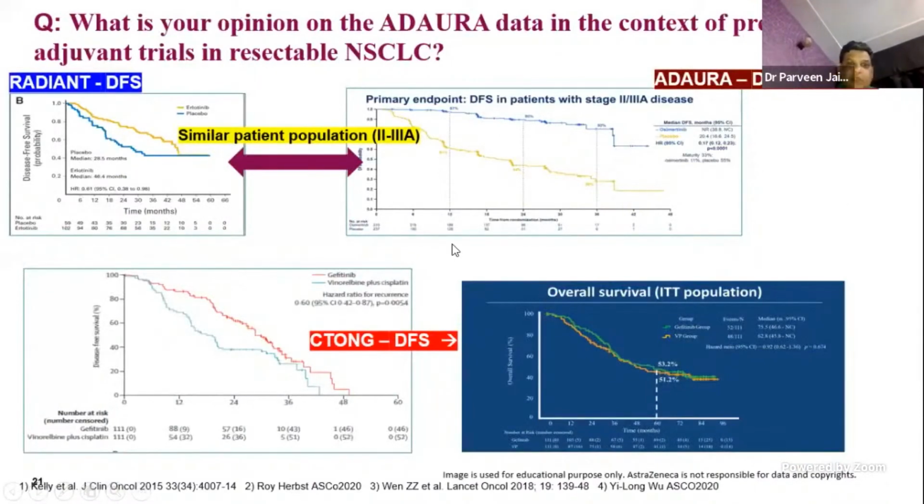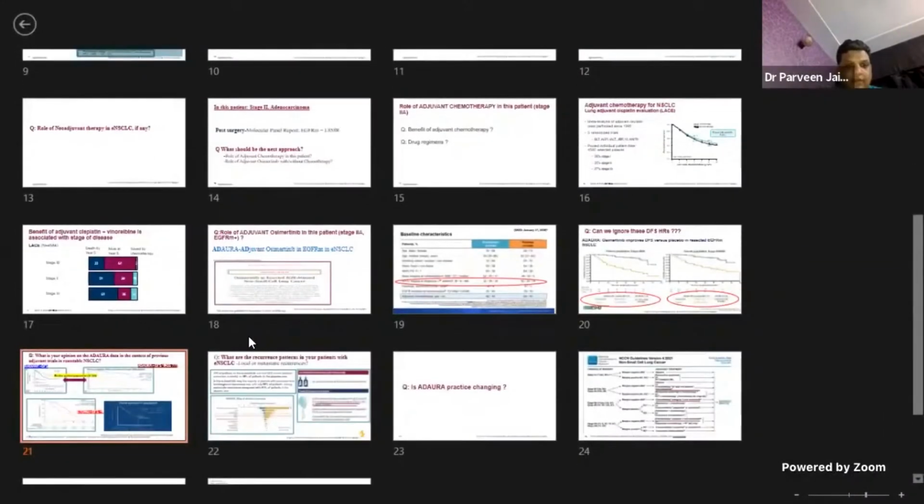So these were the previous trials. In RADIANT, the DFS advantage was initially there, but after stopping erlotinib this advantage dipped down, and both the curves crossed each other. If we see here, it is the ADAURA, which shows that there is wide separation of the DFS Kaplan-Meier curves. And this is the CTONG DFS curve. So initially it's separated, then